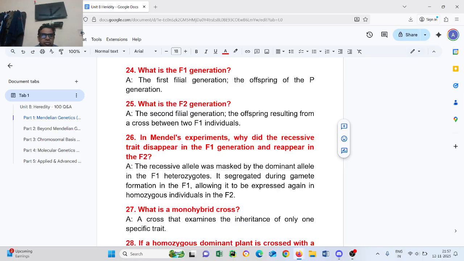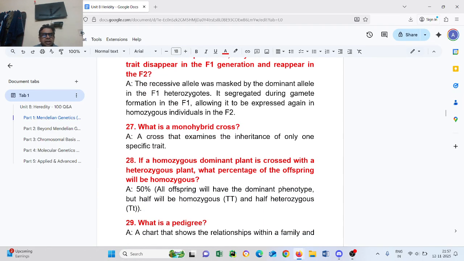Question number 27. What is a monohybrid cross? A cross that examines the inheritance of only one specific trait. Question number 28. If a homozygous dominant plant is crossed with a heterozygous plant, what percentage of offspring will be homozygous? 50%. All offspring will have the dominant phenotype, but half will be homozygous, capital T, and half heterozygous,